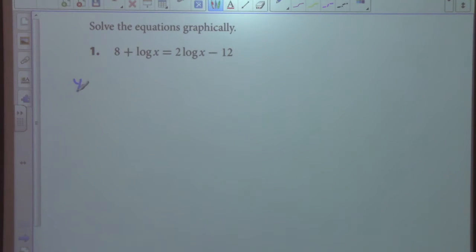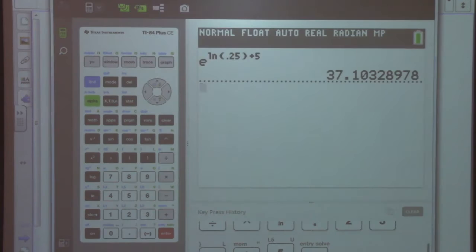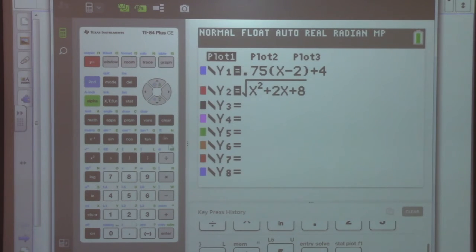So I'm going to put y1 equals 8 plus log x, and then y2 equals 2 log x minus 12. So go to the calculator, 8 plus log x